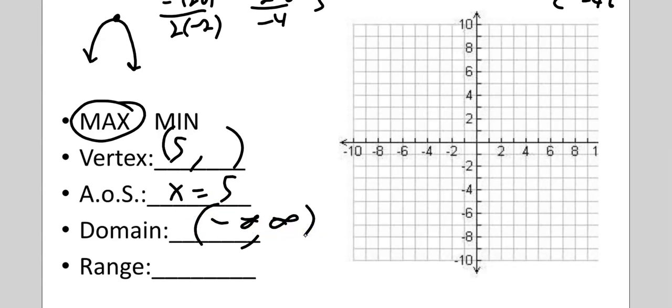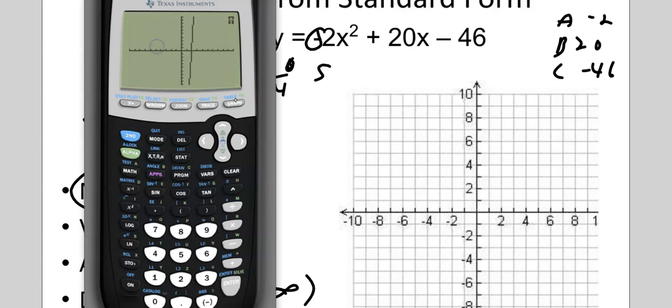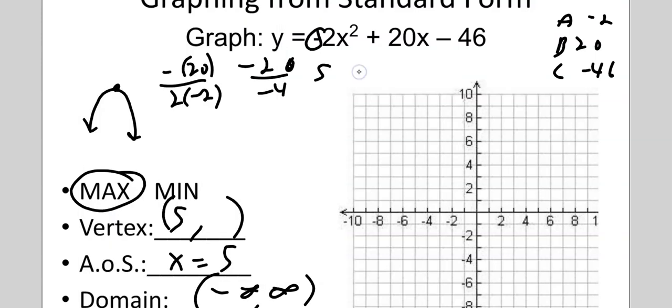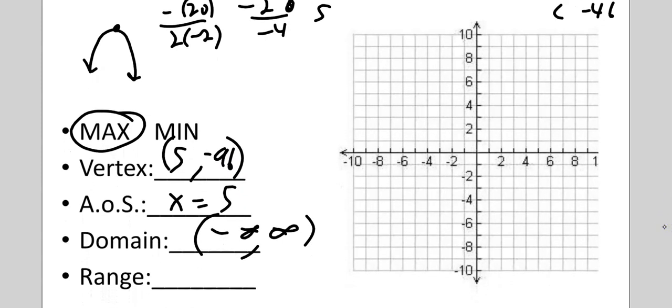The range, how low does it go? Well, remember, look at the calculator, go to the table, and look at negative 5. Negative 96. Now you see how it goes 94, 94, 88, well, negative 88, negative 88. That's because it's starting to mirror on either side of that axis of symmetry that goes through negative 5, negative 96. Right? So this one's going to be kind of a hard one to graph. But the range, remember, this tells us the range. It goes down and